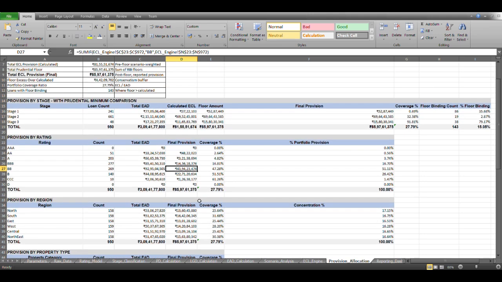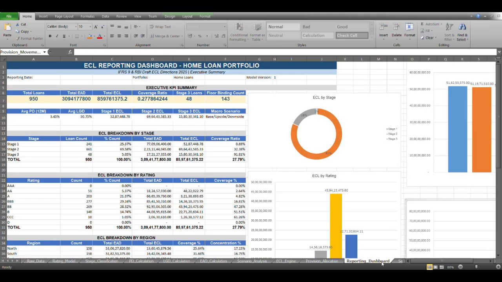I hope you get a sense of the work I have done, and that's the final reporting dashboard I have prepared for the home loan portfolio. This is version 1, and there are still tweaks left.